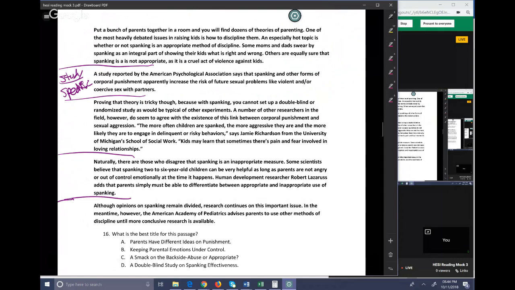So they only mention one thing that they're saying could happen to kids that get spanked there. That's why it's a tiny paragraph. The next one says the argument of each side, re-emphasis on split opinions. So the third paragraph, to me, I thought focused on re-emphasizing that there's very much a split between people who think it's good and bad.